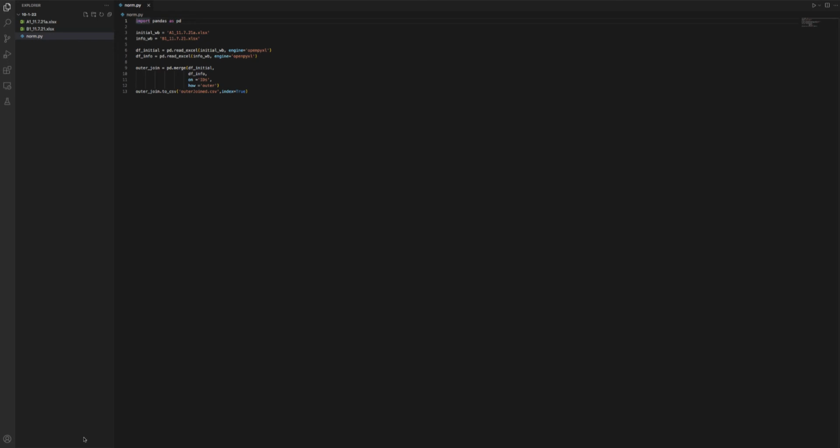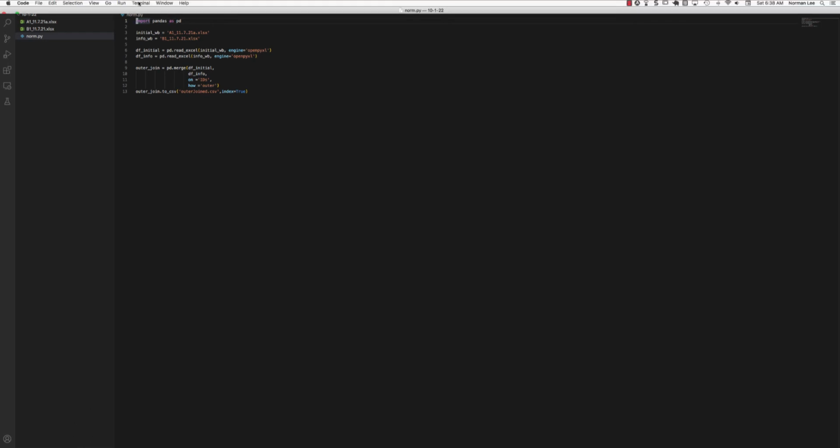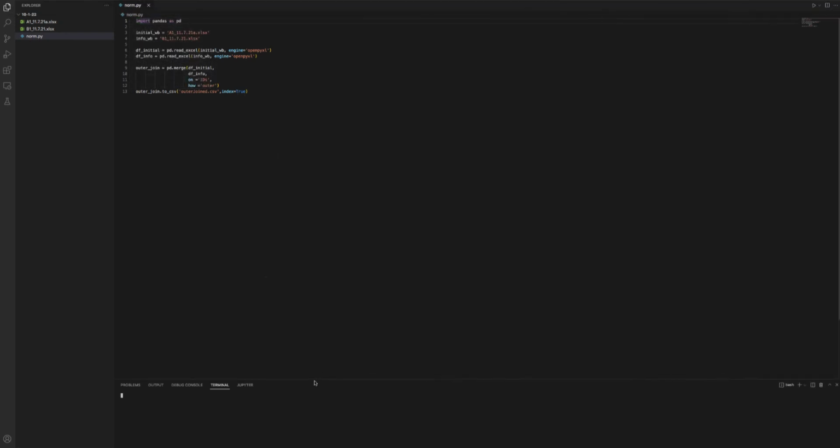It's discovering the Python interface. Discovering Python interpreters here. I'm going to go to terminal, go to new terminal. You can see that it brings you to October 1, 22. So you type on Python